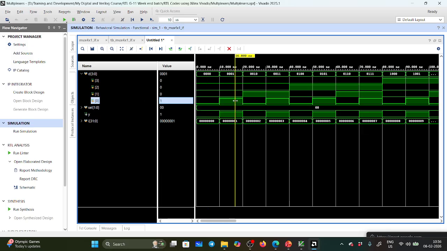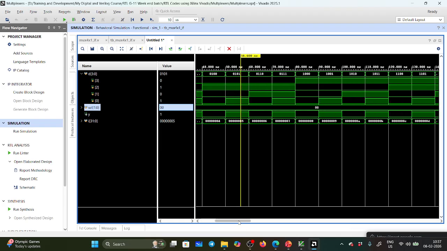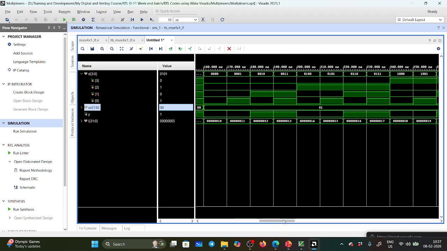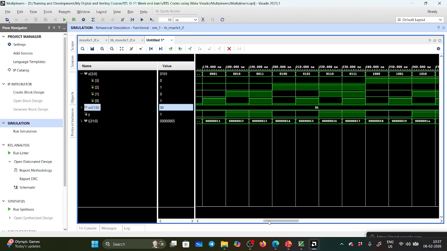Here D0 is 1. That is connected to the output. Like this, you can analyze. Suppose the selection line is 0 1. See here, if the selection line is 0 1, which is connected,